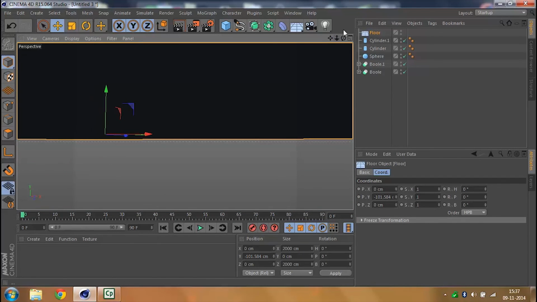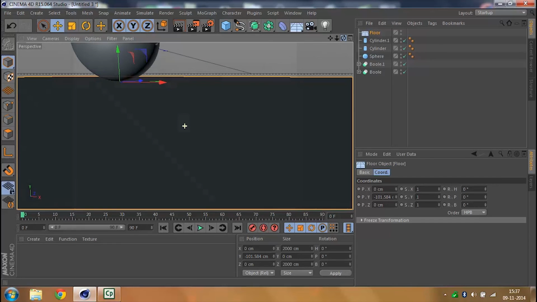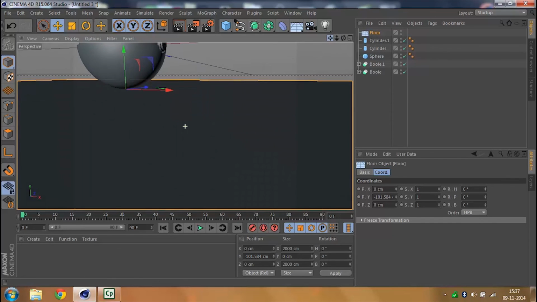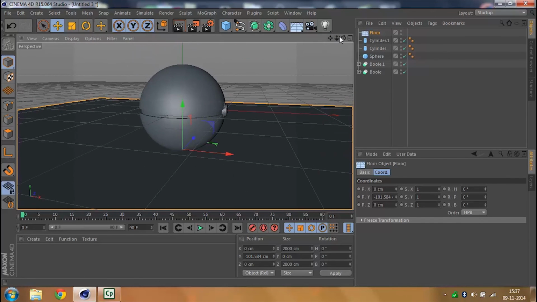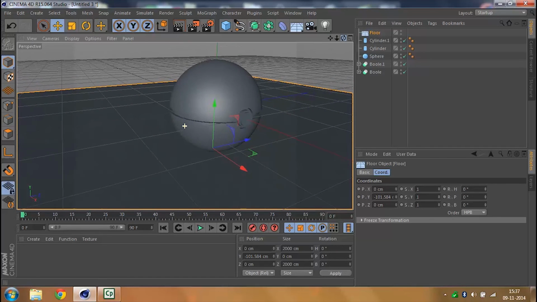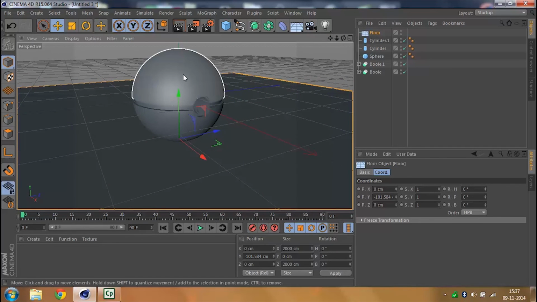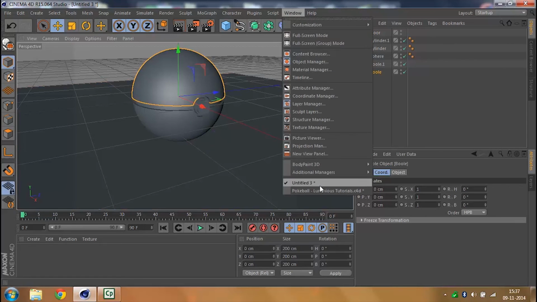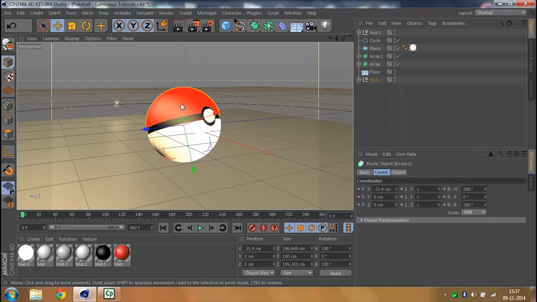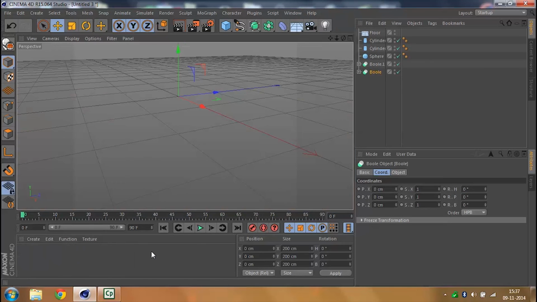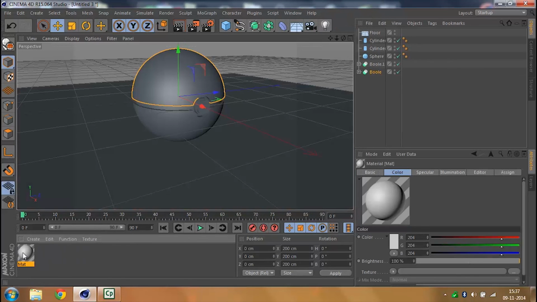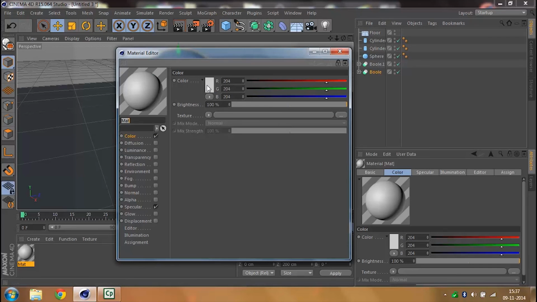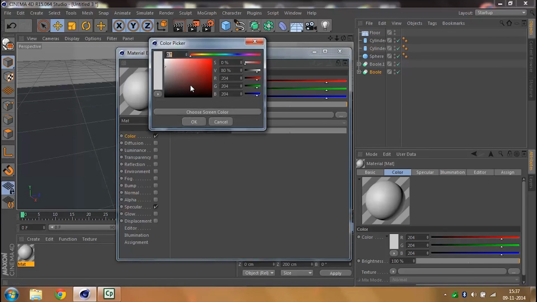Now that we've done that, let's get back to a Pokeball and start adding materials to it. As you can see, this should be red, this should be white, and this should be black, and these two should also be white but not as bright as this. So for that, let's get to our Untitled 3, start adding materials, double click on this, click on the color,